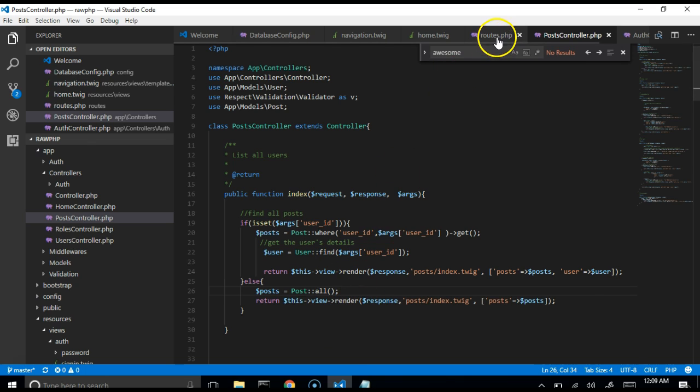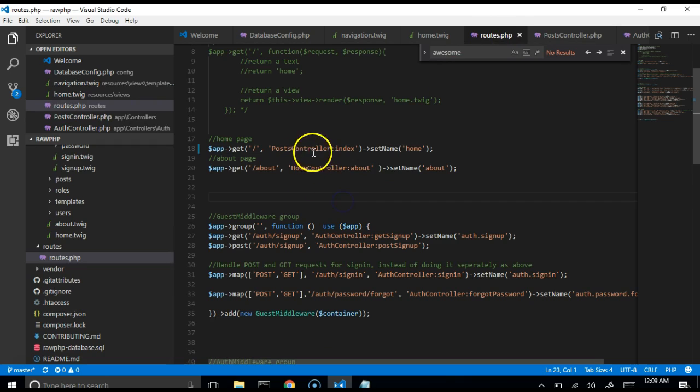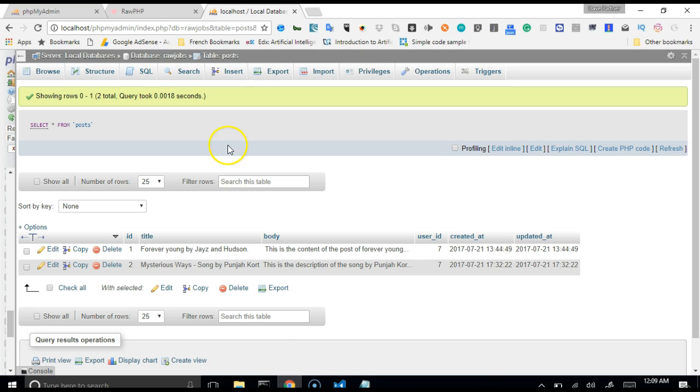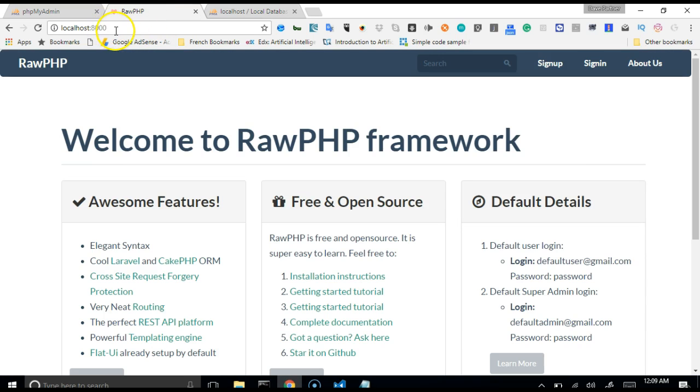So what we did in the route file was simply change this to posts.index. All right, so we made this posts controller posts.index. That's the name of the route, because every route has a name. So the name of this route is posts.index. So if we go to our raw PHP application now and visit this home page,